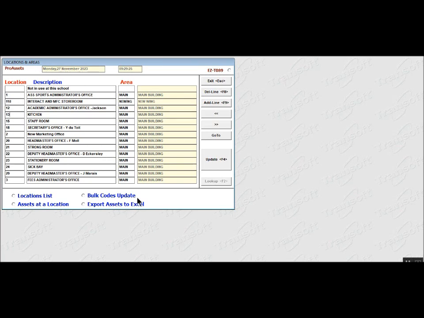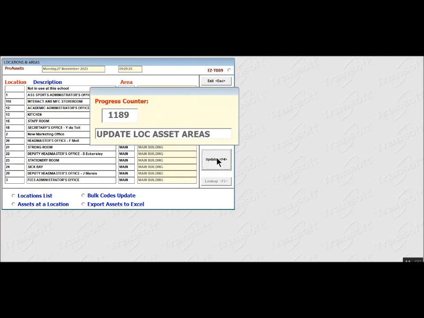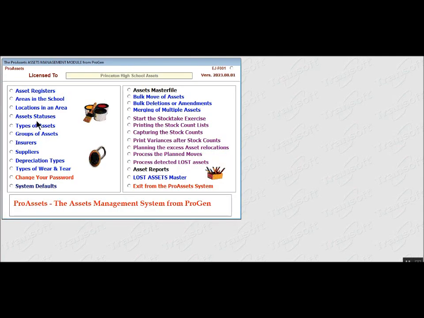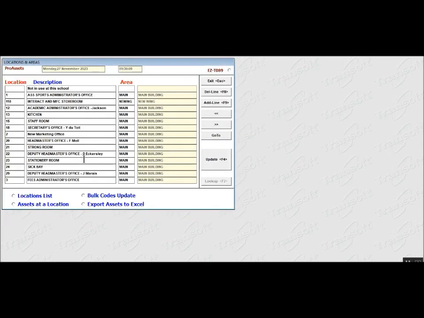So in this particular thing, it works in exactly the same way. You put in a code number, you put in its description, and then you have to say what area that particular location is in, and it will come up with a location. If you're happy, then you click on Update. And the system will run through, and if you have made any changes in the locations, if I came along to, say, location number 12, and I said, no, its area is not the main area of the school,